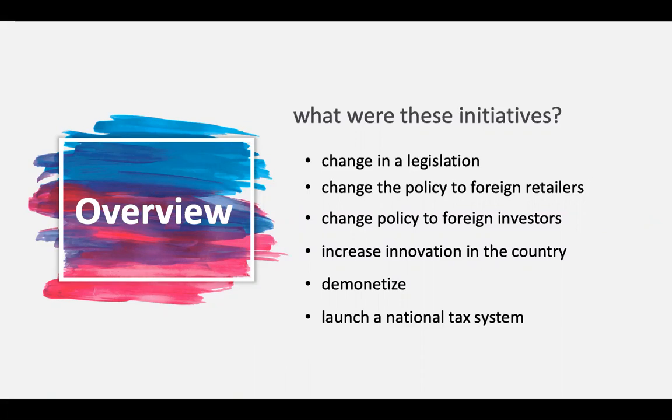Prime Minister Modi has a big challenge in front of him. He is a reformist and he has been launching economic reform initiatives. Some come to fruition, but some get blocked by opposition parties. So, what were these initiatives? One was a change in legislation that would have made it easier for foreign investors to acquire land from greenfield investment. But this was not pushed because of negative publicity and opposition from rural voters.